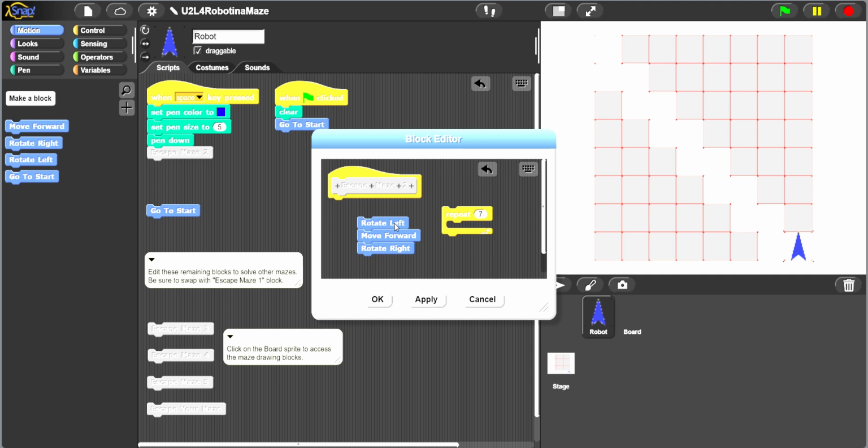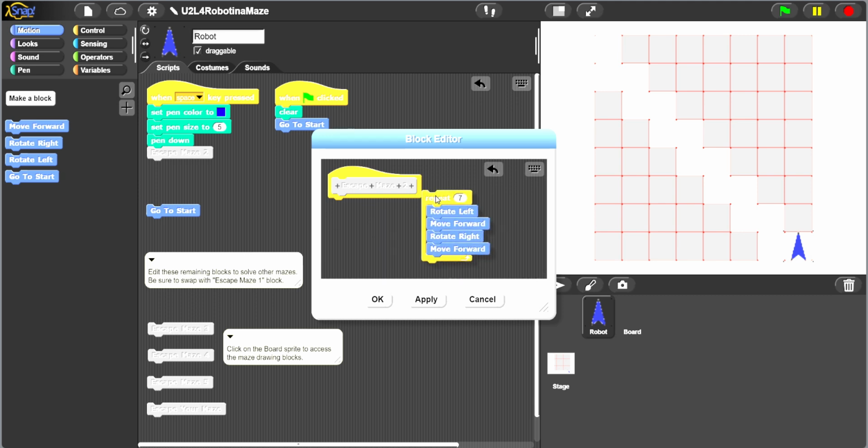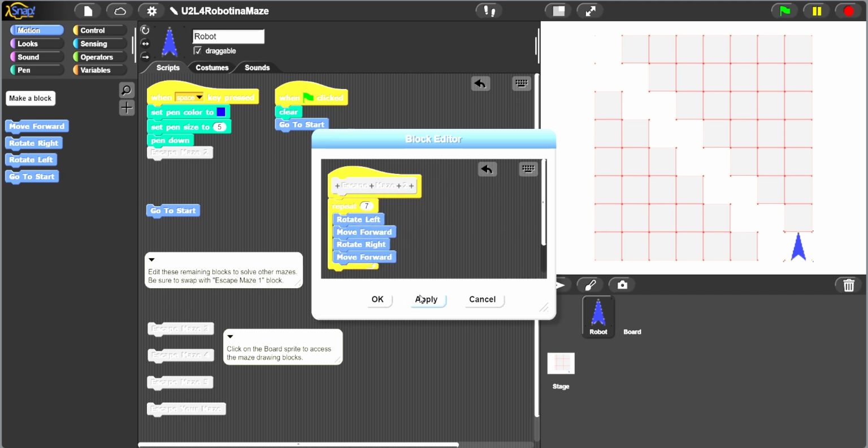So let's just reset it. It rotates right, and then it just has to move forward again for it to go up. Oh, no, you have to reset it, if not that happens. To rotate right, up, okay. So now it's back where it started, and it just has to repeat. It just has to do this over and over again. So if you put this right here, apply,